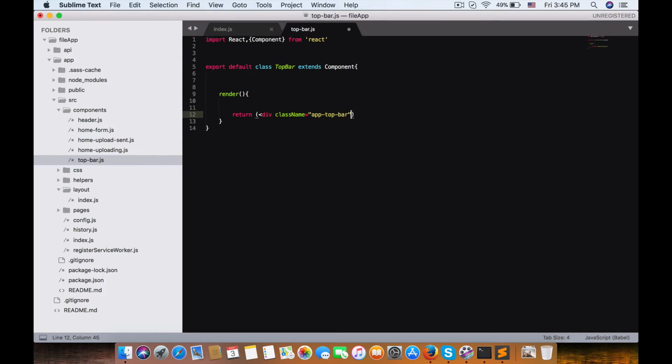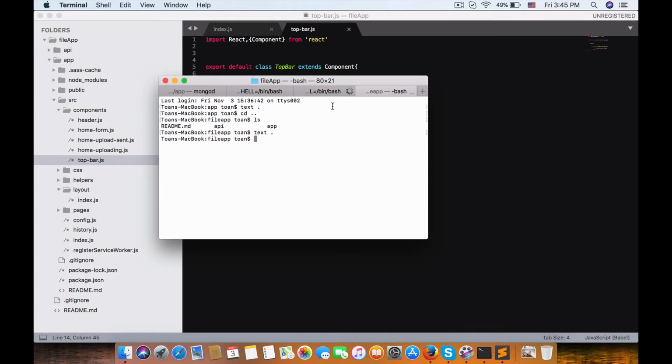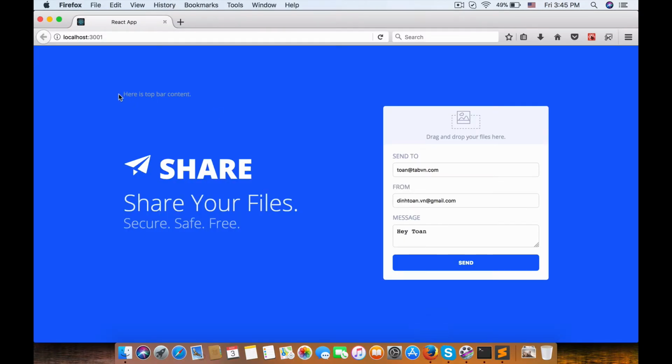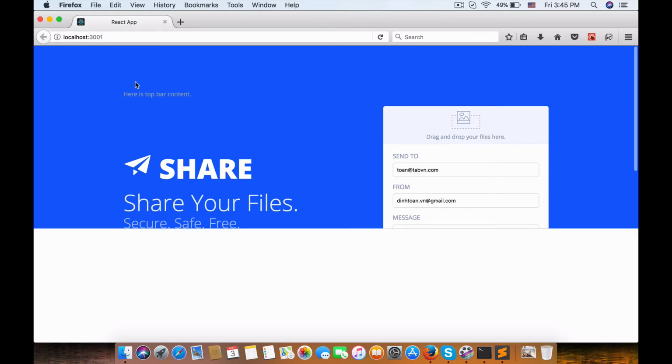Okay, so now what we can do here is put the text toolbar, this toolbar content. Now I save the file. Now we can see the React app will automatically reload. Now you can see here is the toolbar content. Cool. So now open a new Firefox window. You can see